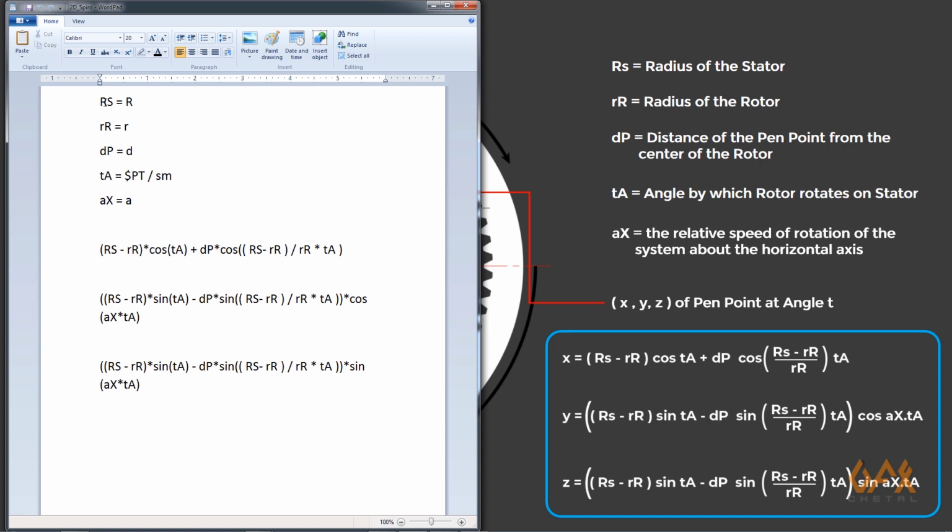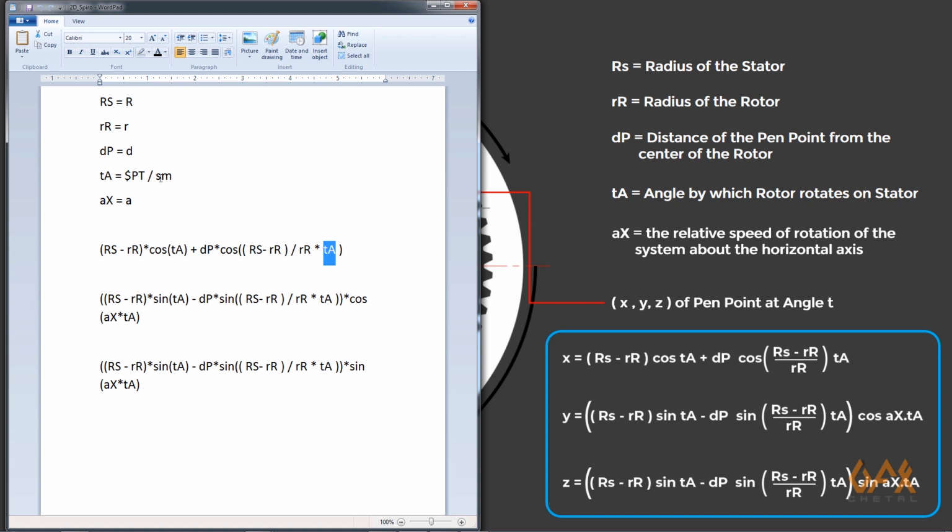Now here I define that rs, which I just set to the variable r, this is a small r, dps d, ax and a, and now here ta is your particular angle. Okay, so here I set $PT, this $PT is a local variable constant, and it gives the point number of the point currently being processed. So I just set it and divided that thing with sm.